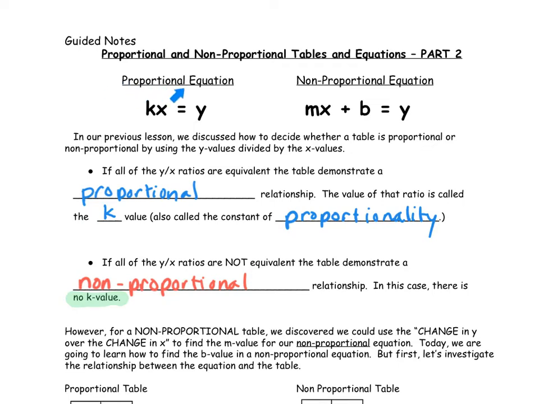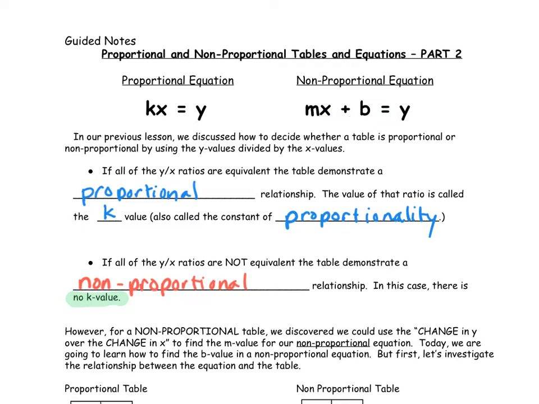You're going to notice that it says proportional equation, and we talked about that in the last couple lessons. In fact, Mrs. Nord talked about it a lot last week. This is kx equals y, and that is only for proportional relationships, so we're going to call this our proportional equation. Our equation that we talked about yesterday for a non-proportional relationship or table is this equation, and they